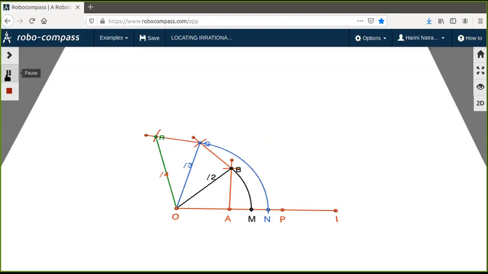So I'm going to keep my compass onto the point O, take the length OR in my compass and drag it down to the number line. See, it is exactly passing through P, which represents the 2 on the number line. So that's how the first 3 right triangles are constructed.